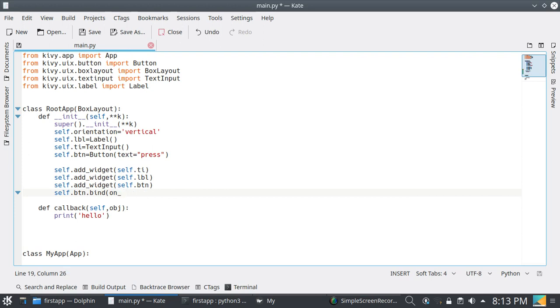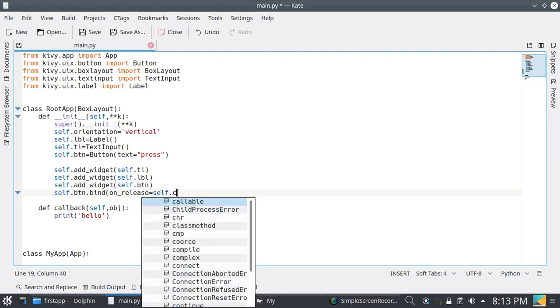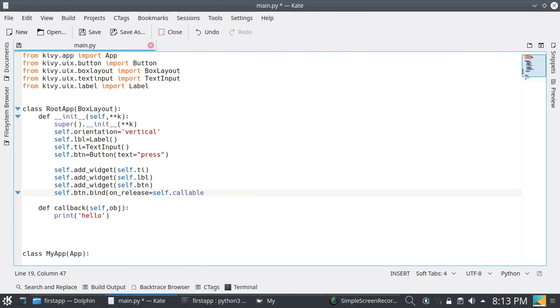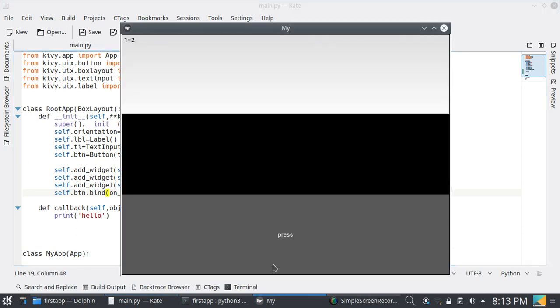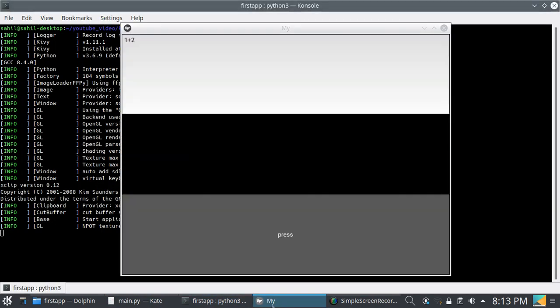You can use on_press or on_release. I am using on_release equal to self.callback. I am calling this callback when we release this button.